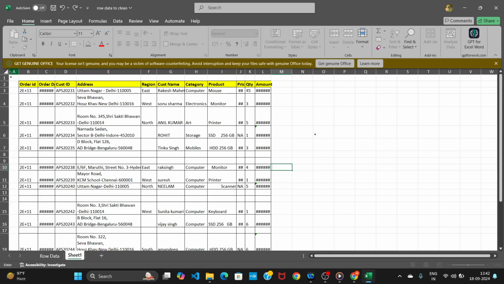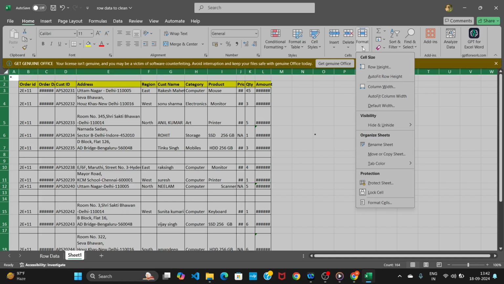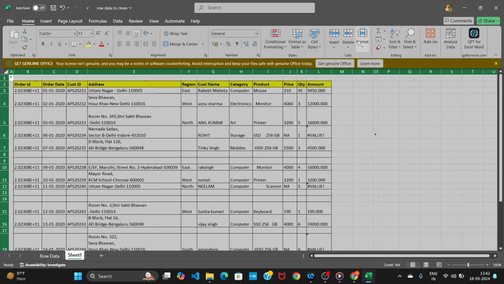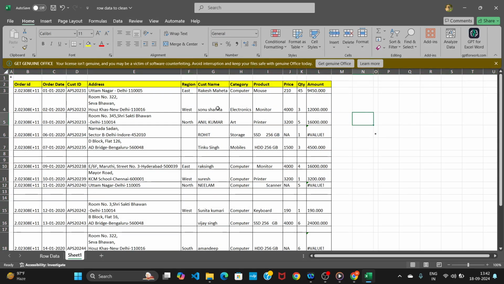So first, click on this. And after that, here you can see the Home section, click on this. And after that, here you can see the Format option, and here Autofit Column Width. And after that, click again on this, and here Autofit Row Height. That's all. So now here you can see under the Order ID column, the format is set as scientific format,